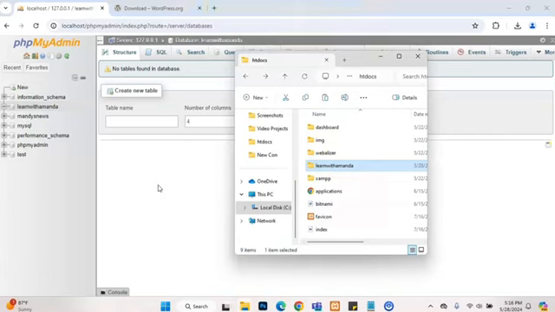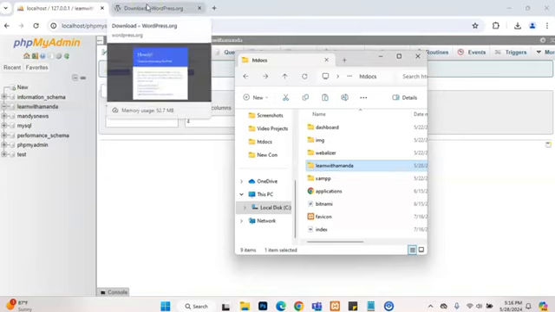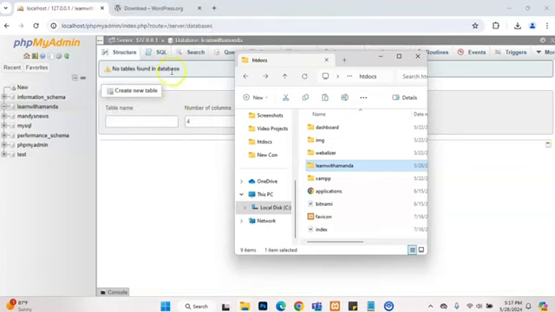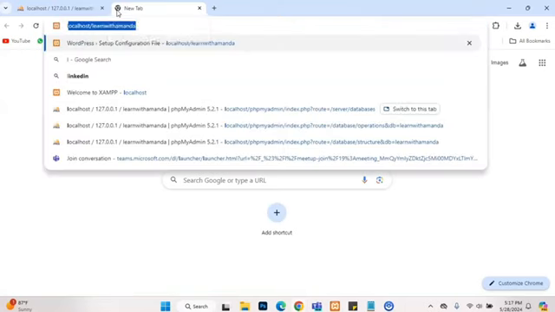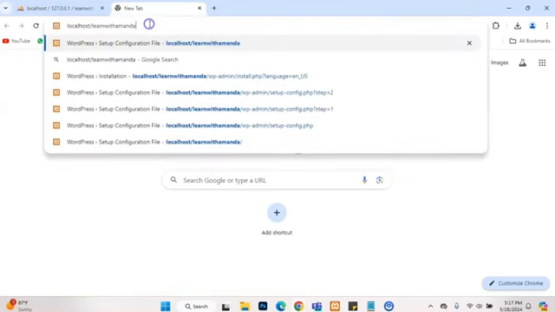So with our database ready, let's go ahead and configure the WordPress. Just open your browser and type in localhost. Remember I spoke to you earlier, that is the server, which is the PHP admin right here. So you see the URL says localhost. We are going to point this folder to this database right here and then run the installation. So let's go ahead and open a new browser and type in localhost/learn with